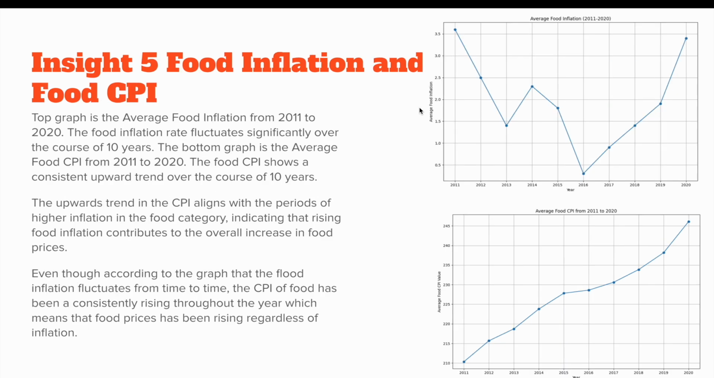Insight 5, Food Inflation and Food CPI. Our top graph shows the average food inflation from 2011 to 2020. Over these 10 years, the food inflation rate fluctuates significantly. The bottom graph shows the average food CPI from 2011 to 2020, which shows a consistent upward trend over this period. The upward trend in CPI aligns with